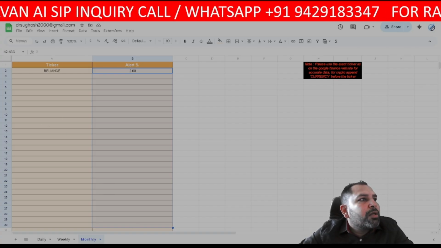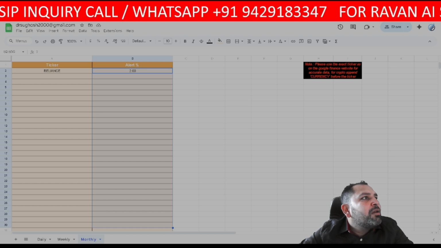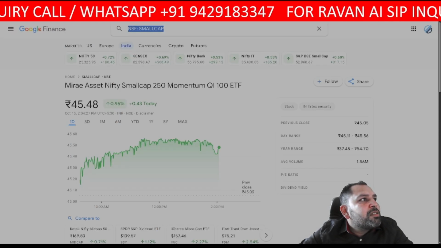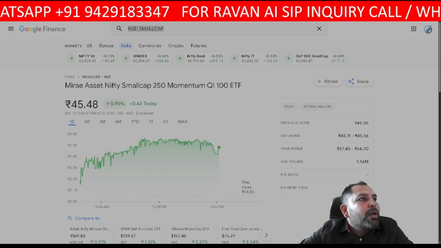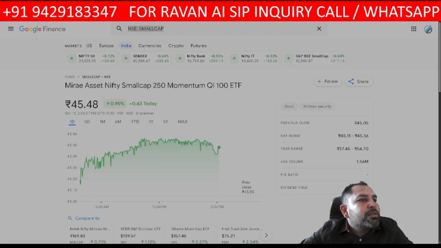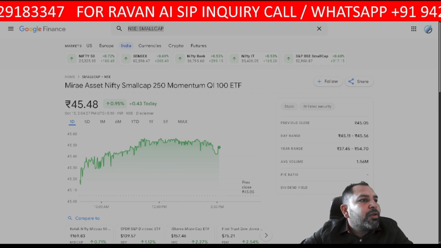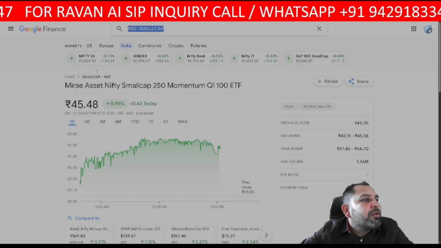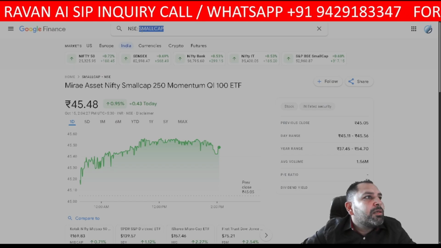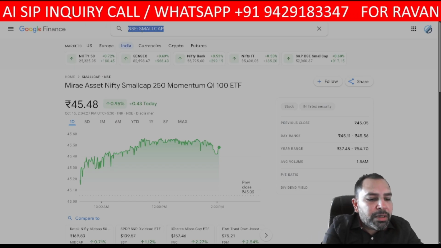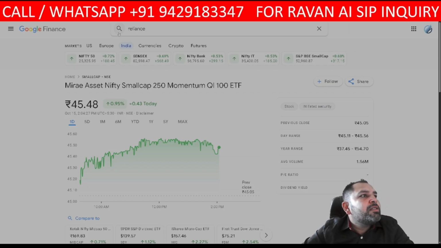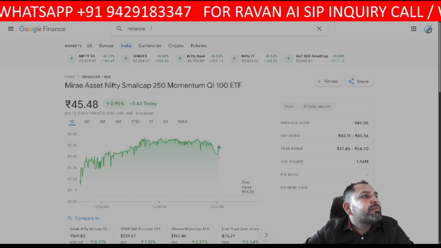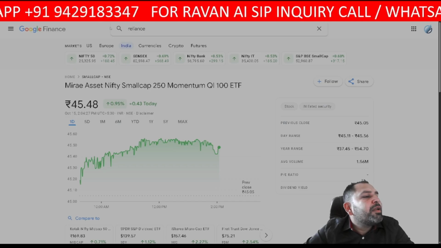Now I'm just going to the site. I'm on the Google Finance tab. You can see this is the Google Finance tab, and let's say, for example, you want a ticker of Reliance.